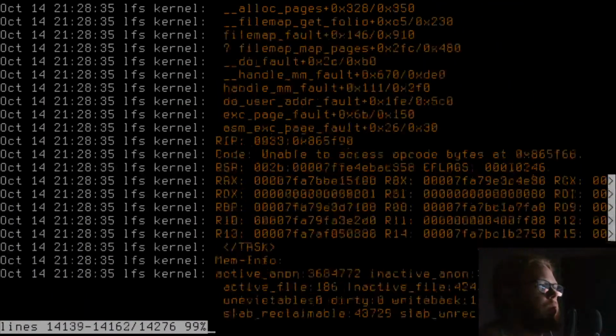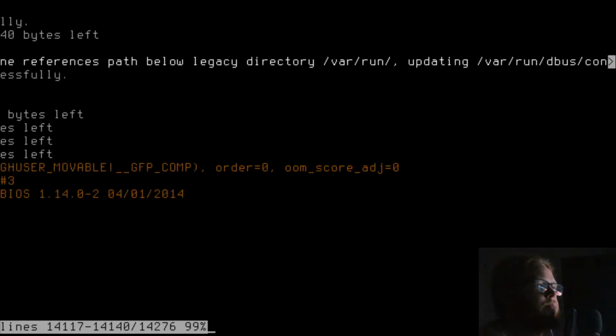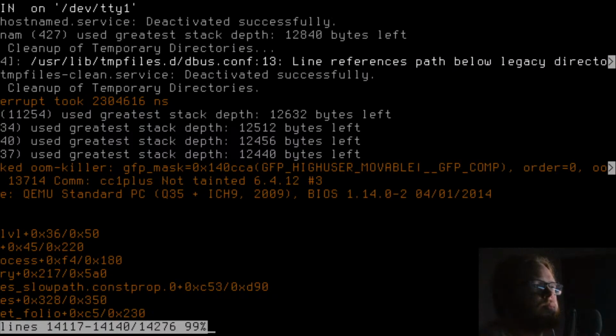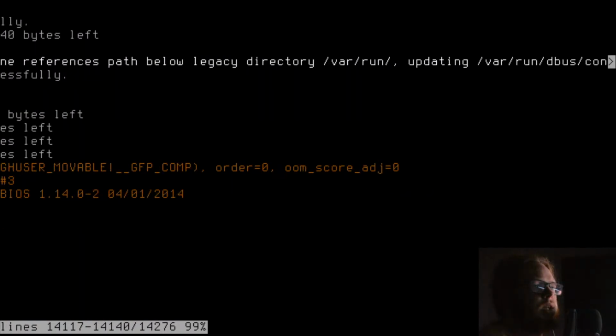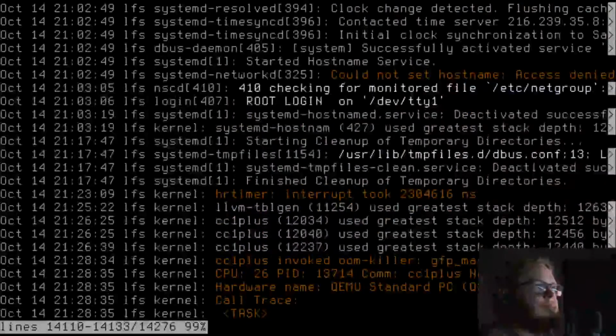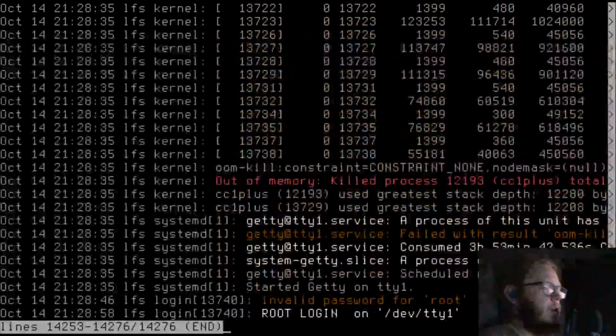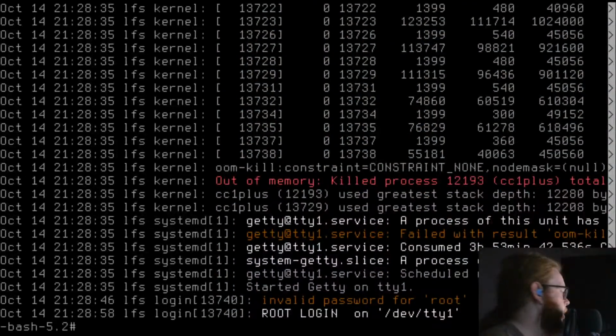Right, how do I stop the OOM killer specifically for this? Because right now this is stopping me from compiling. Okay, how do I go about doing that? Wait, what? Right.